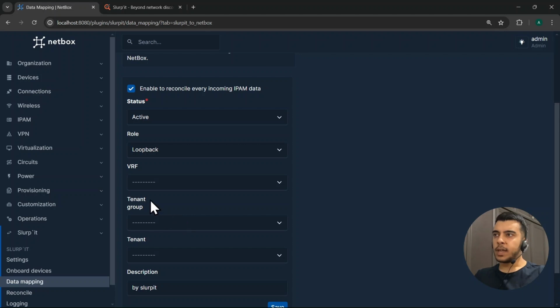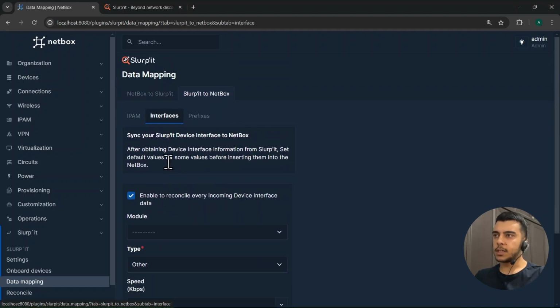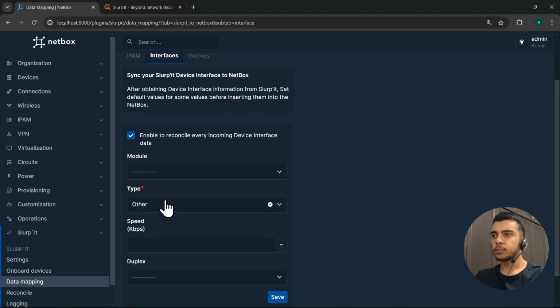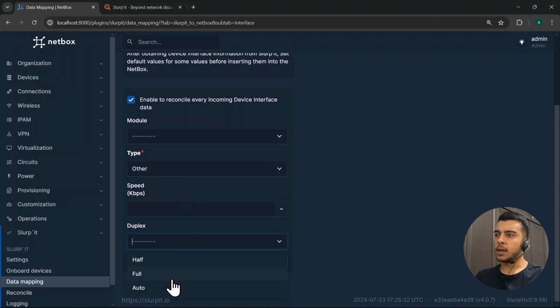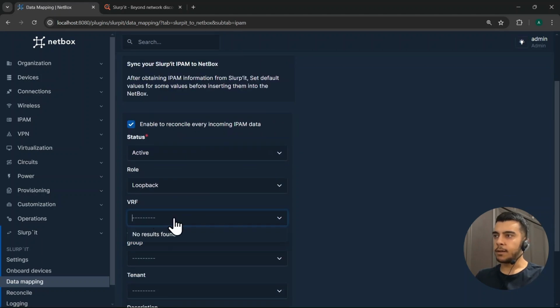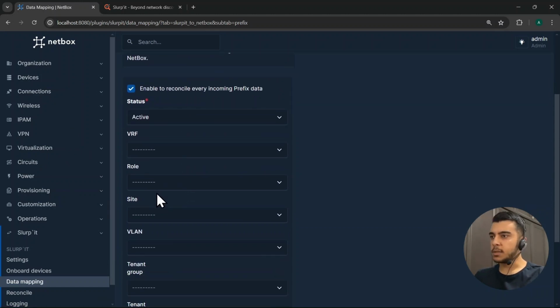For example, here we can change the status, role, VRF, tenant group, tenant, and description. And if I go to interfaces, this one has different columns, and we have to assign different values to it. This one has speed in kilobits per second. It has duplex information. And the reason that you don't sometimes see anything here, so we see something here, but if I go back to IPAM, VRF is not showing. That's because this is something that you have to configure from your NetBox. Also, prefixes has its own columns, VLAN,